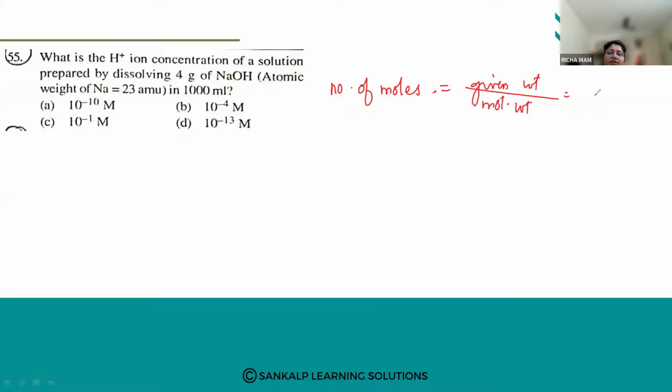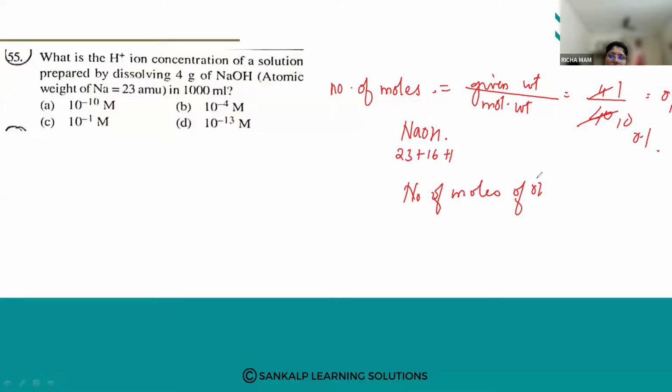Given weight upon molecular weight. What is the given weight? 4 grams. Molecular weight of NaOH: sodium is 23, oxygen is 16, hydrogen is 1, so it is 40. So 4 upon 40, it is 0.1. So number of moles